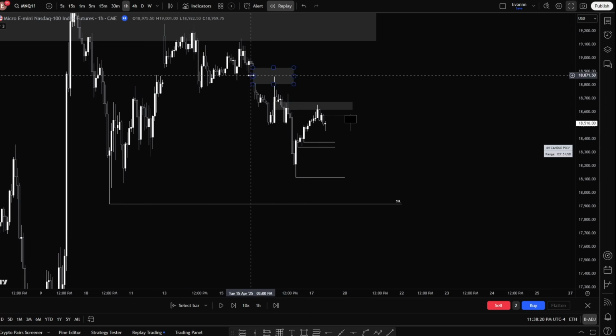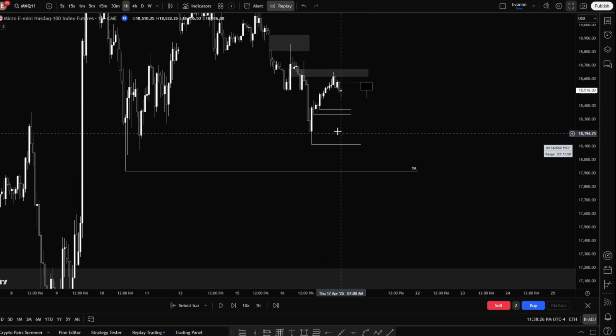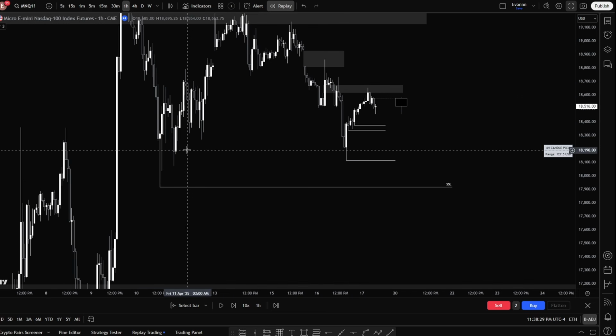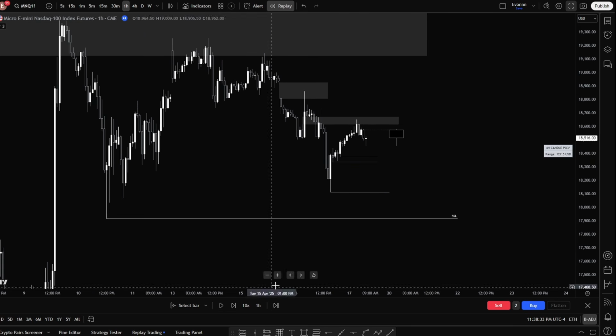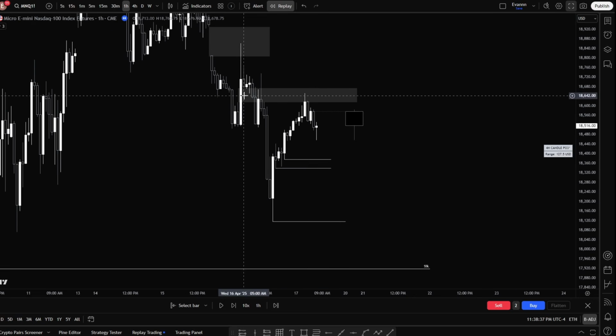If we continue lower, price respecting a new day opening gap right here. And it looks like we're just continuing bearish order flow all around, maybe targeting this internal low and this low. And then obviously price in the overnight session respecting this inverse fair value gap. So as you can see,